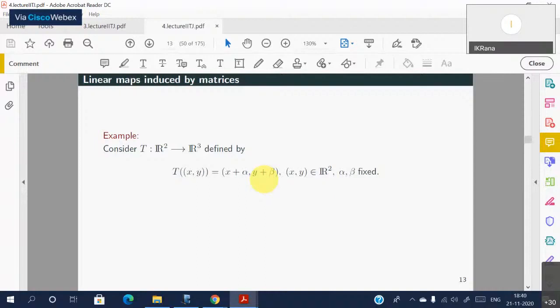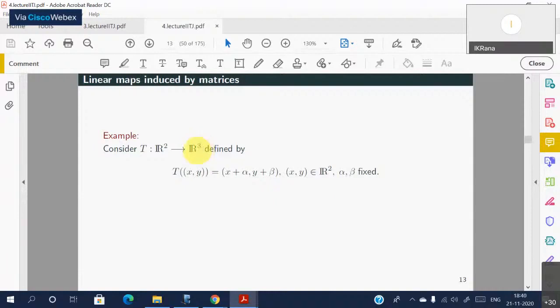Yeah. And obviously think, why is it not linear? Because a linear map should take 0 to 0, but if you take x to be 0, y to be 0, it is (alpha, beta), which may not be 0. So the answer is not fully correct. This map is from R2 to R2, right? This R3 is a typo. Yes, that is a typo here. It should have been R2 to R2. It's a translation. This is what is called a translation in R2. In the plane, you shift everything by alpha and beta, right?